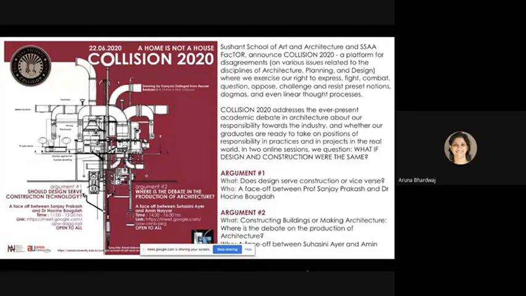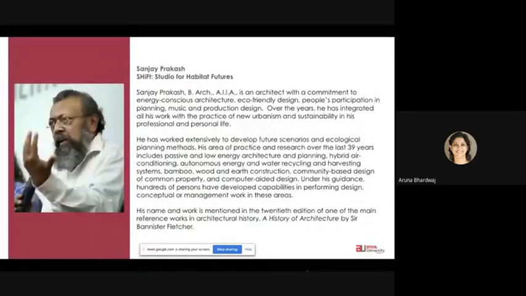We have with us Professor Sanjay Prakash and Dr. Hossein Bogda. I will just introduce them, a short introduction. We are all familiar with architect Sanjay Prakash, Studio for Habitat Futures. He is an architect with a commitment to energy-conscious architecture, eco-friendly designs, people's participation in planning, music, and production design. Over the years, he has integrated all his works with the practice of new urbanism and sustainability in his professional and personal life. He has worked extensively to develop future scenarios and ecological planning methods.